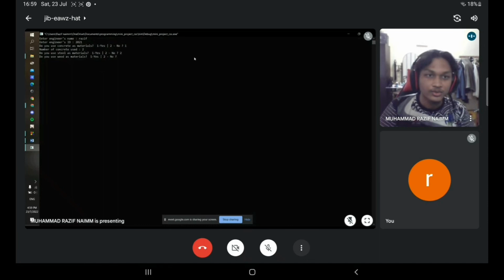Next, do you use wood as material? Example, I enter yes, and number of wood used is 4. So it will calculate for you the total cost of material that you need. And then it asks you to press 1 to continue and 0 to exit. I enter 1, and it will repeat the